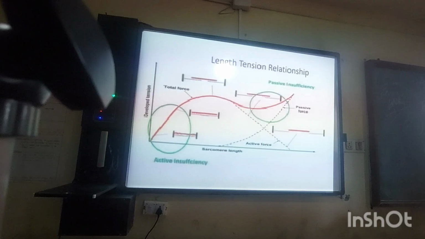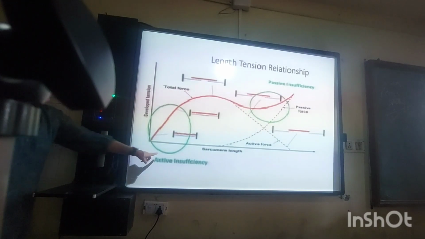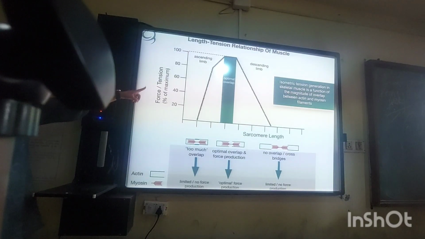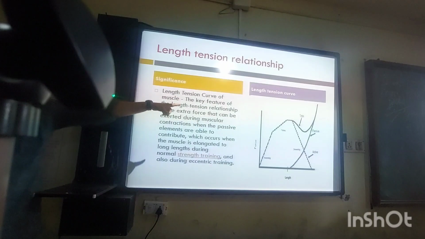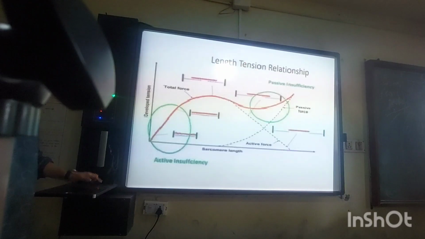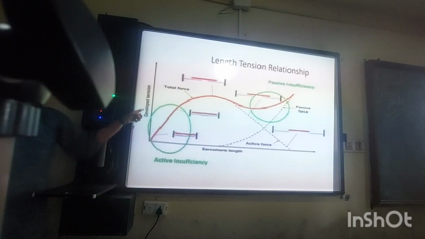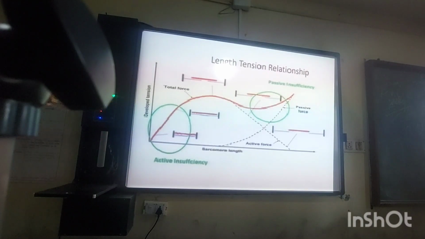Now, this is a blurred image because I wanted to just show you this activity. This is again the same curve. This is only the muscle curve. This is when the passive structures come into being, and the third curve is this passive tension, along with muscle contraction. So we see that the active insufficiency is at the initial part of the range, whereas the passive insufficiency is at the end of the range because it is getting lengthened. Here it is getting contracted.